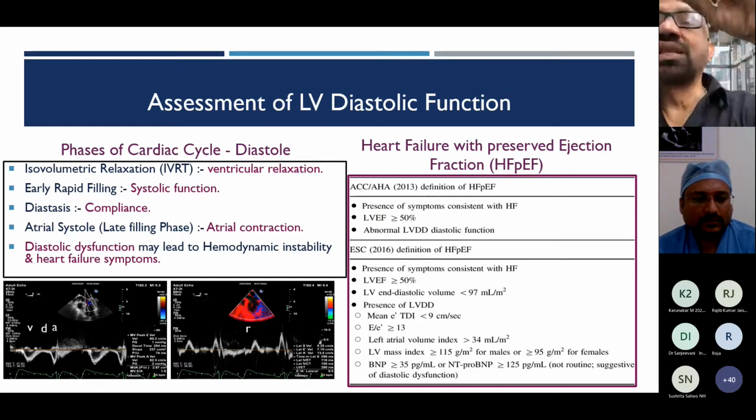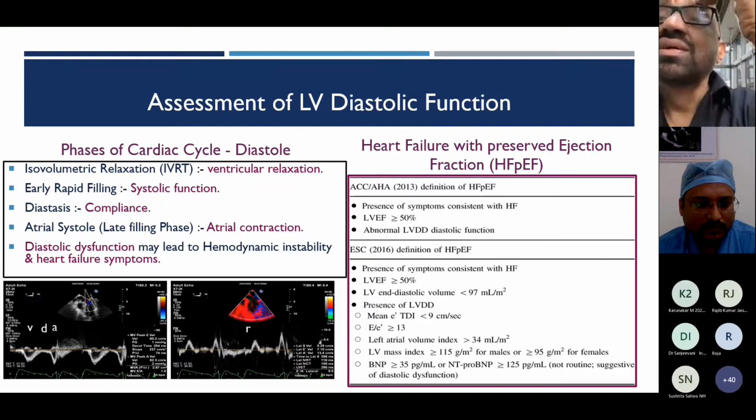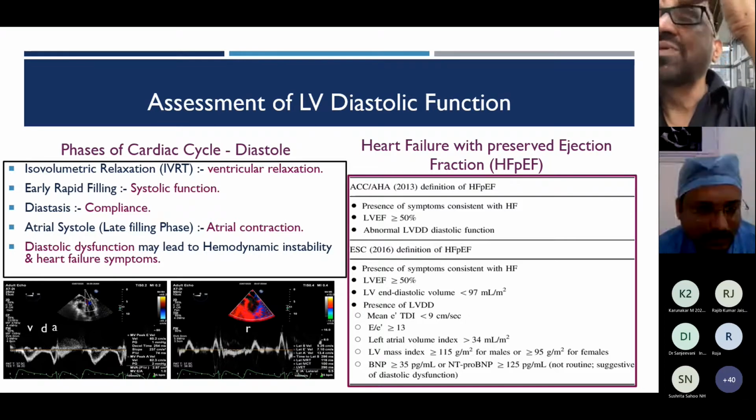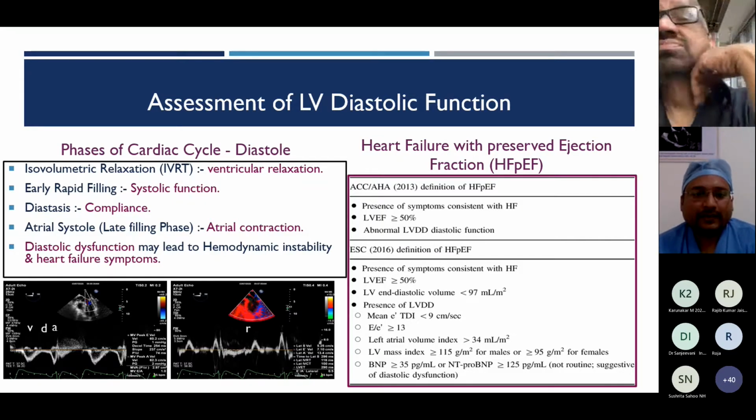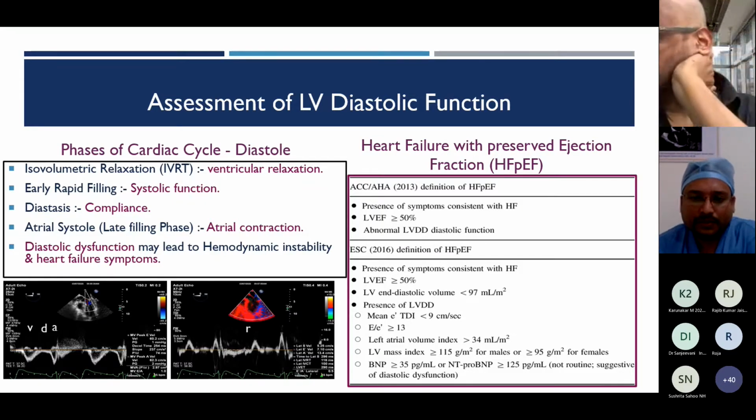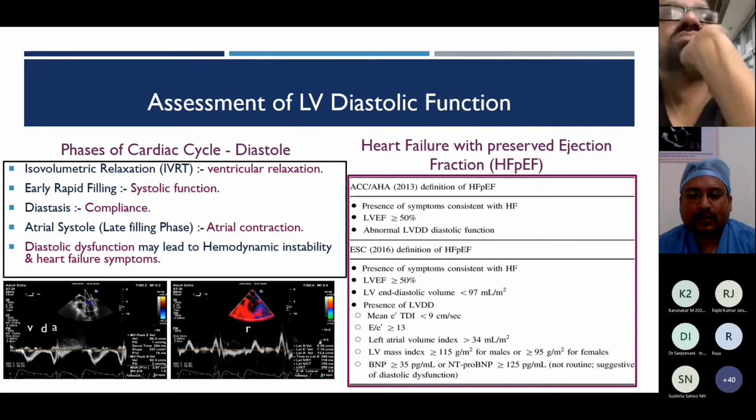There are four questions. LA volume index for LV dysfunction in TEE: it is sometimes difficult to get the LA image properly. Any specific trick to get it? Sir, a very relevant question. When you are doing a midesophageal four-chamber view, we retroflex the probe and pull out the probe a little, so that you get more of the LA than the LV. That is one trick we have seen over a period of time.